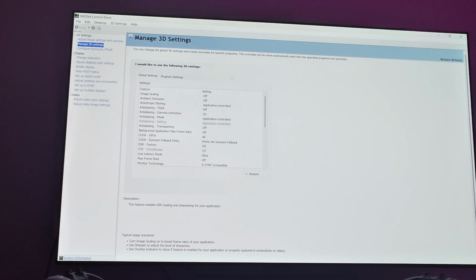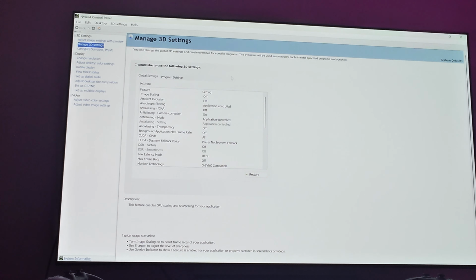Low latency mode, keep this at ultra. Basically, you will have a much lower input lag and also the advantage of games auto capping their frame rate to 3 or 4 frames less than the selected refresh rate. So for example, if you have a monitor or a TV that has a refresh rate of 120 Hz, this will cap it at 116 or 117,